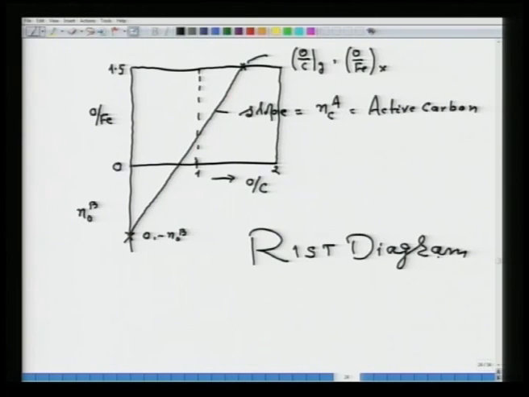Now, in this particular diagram we have made so many simplifications. We have said that oxygen is entering only with Fe2O3. Suppose it contains SiO2, MnO. Accordingly, the oxygen entering will be O/Fe plus O/Si and whatever the case may be. So, the later cases will only be addition of certain terms, so that this diagram can represent the actual operating conditions. In the next lecture we will be discussing further aspects of the Rist diagram.